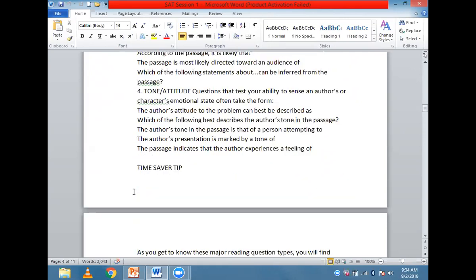Then we have another important category, which is the tone or attitude related questions. These questions help judge your understanding of the tone that is presented in the passage. Is the tone didactic, meaning is it trying to impose something on you? Is the tone very informal? Is it trying to include the reader in the discussion? Is the tone serious? Is the tone very tentative, as in doubtful? Is it questioning a particular phenomenon? All these things have to be kept in mind.